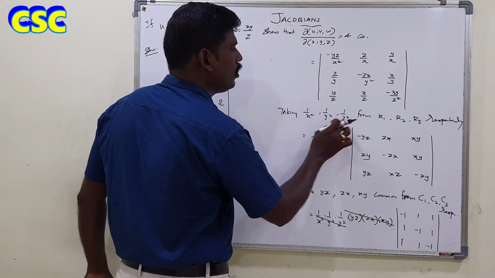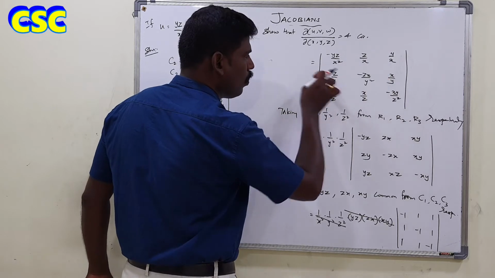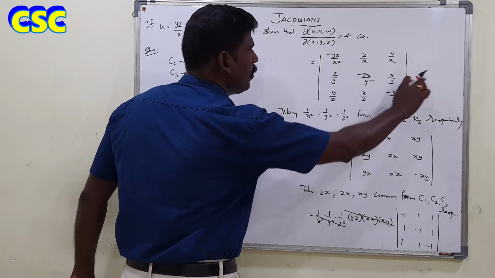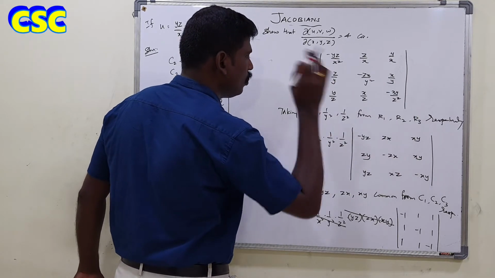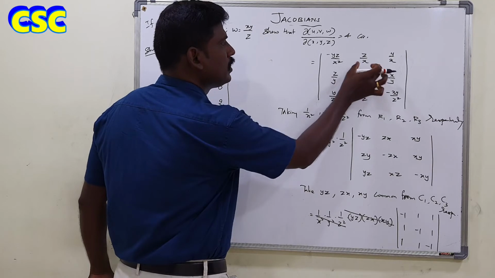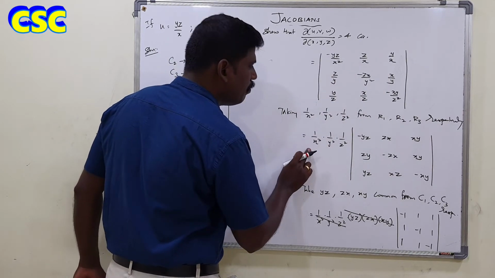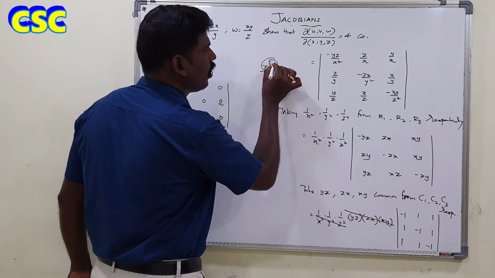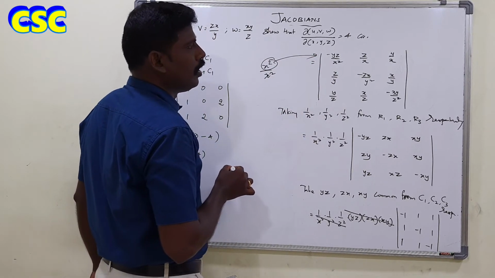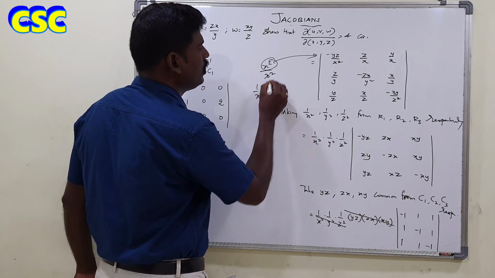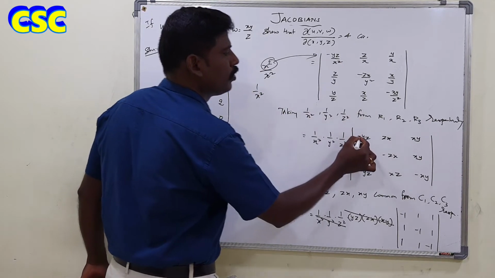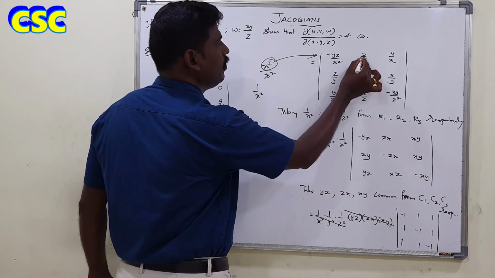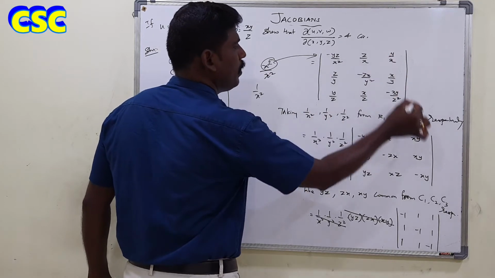Just taking x square, y square and z square from R1, R2, R3, you should multiply with x square by R1 and y square by R2 and z square by R3, you can get it. So no need to be confused. So 1 by x square is taken. So that means we divide it by x square and multiply by x square, isn't it? Now this x square is multiplied with this R1. So 1 by x square is remaining. This x square multiplied with this one, you can get the first row, isn't it? Multiply x square with this one, you will get minus yz. Multiply x square with zx, minus zx. X square with y by x, you will get xy.